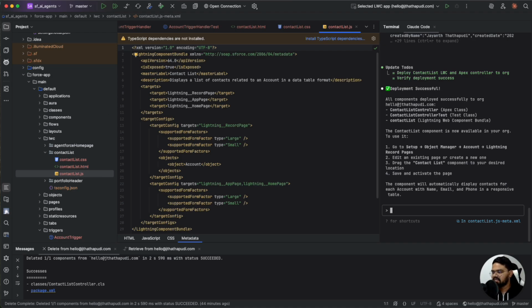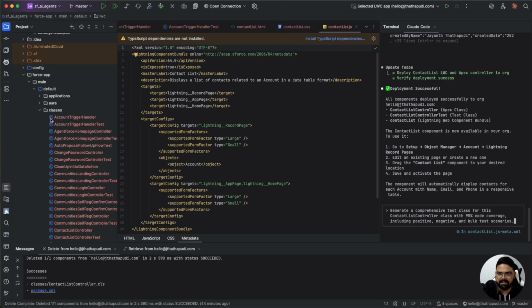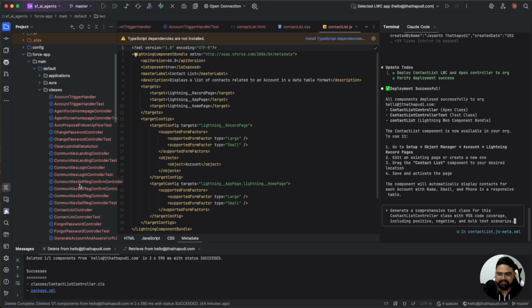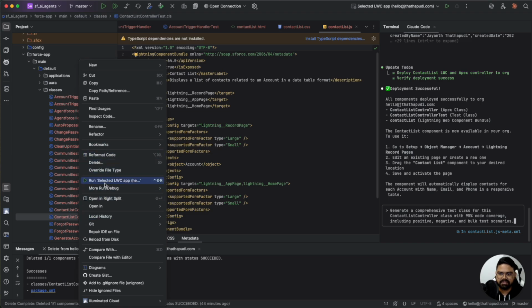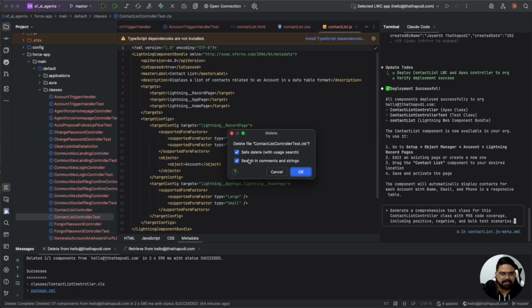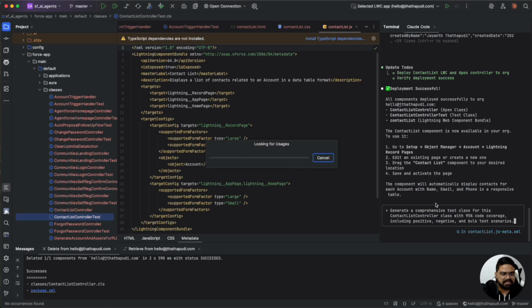Cool. Now we are going to use another test. This is a scenario where you might have existing classes and you want to write some test coverage for them. Now I just wanted to replicate the same scenario. We have seen that it already created the contact list controller. I'm going to delete it, and then I'll say